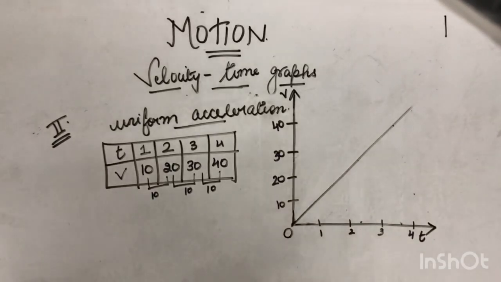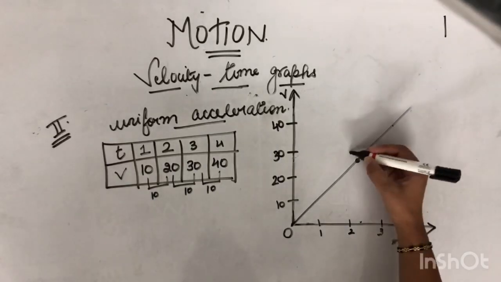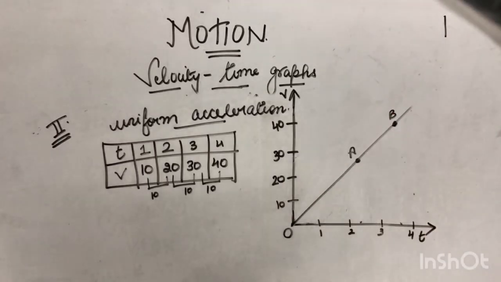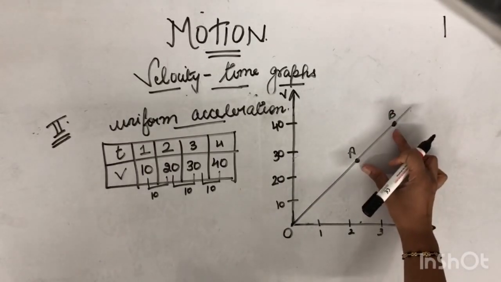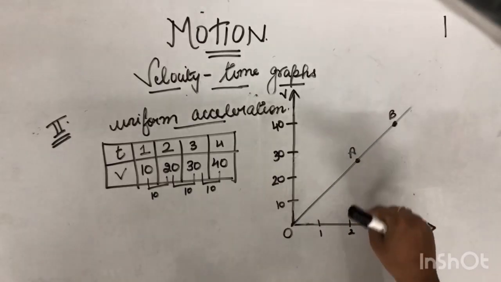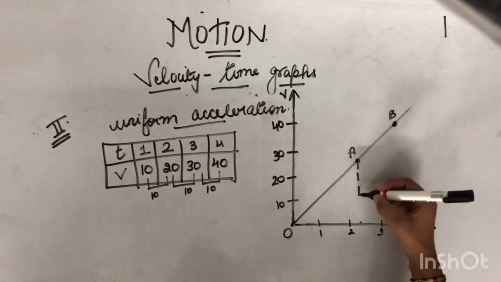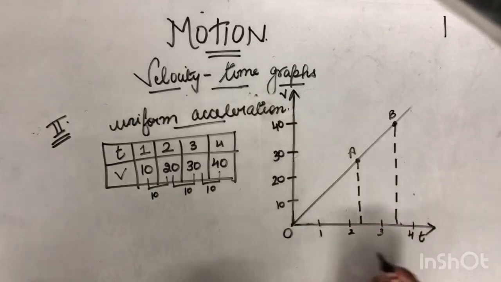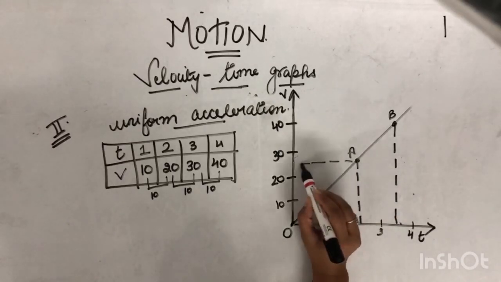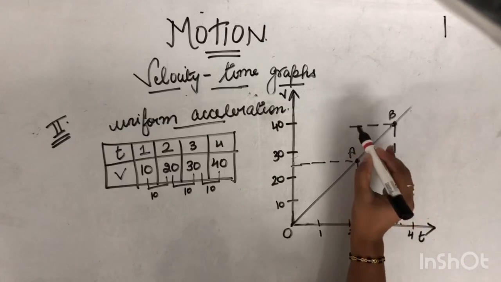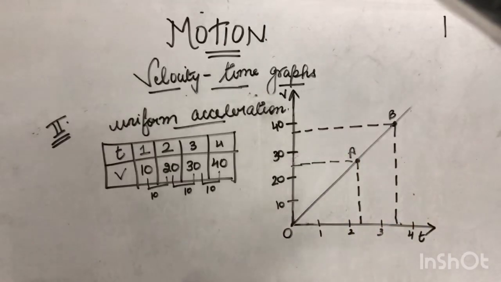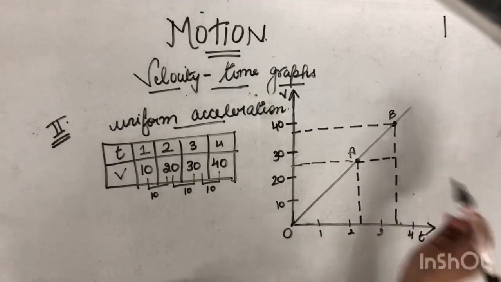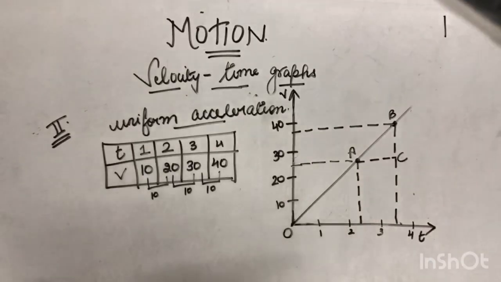You have to take a small portion of this graph, two points A and B. So you have taken a small portion of the graph. Now what to do is draw perpendiculars on both the axes from these points. Again, I am taking generalized values, not integers. Now extend this perpendicular to form a triangle. Name this point as C.